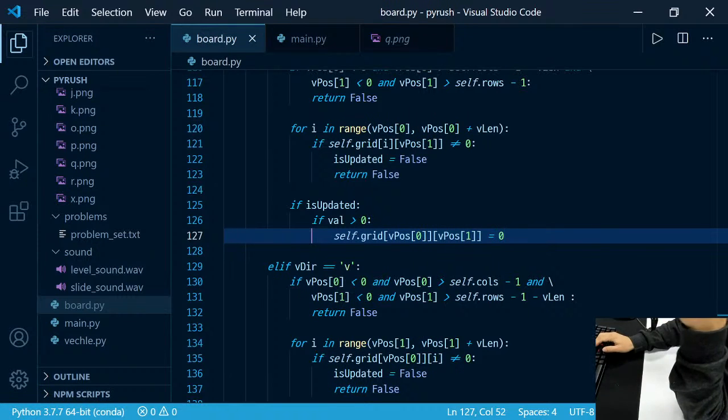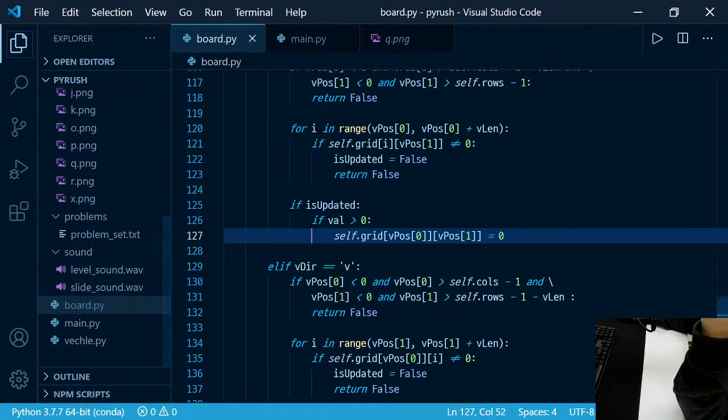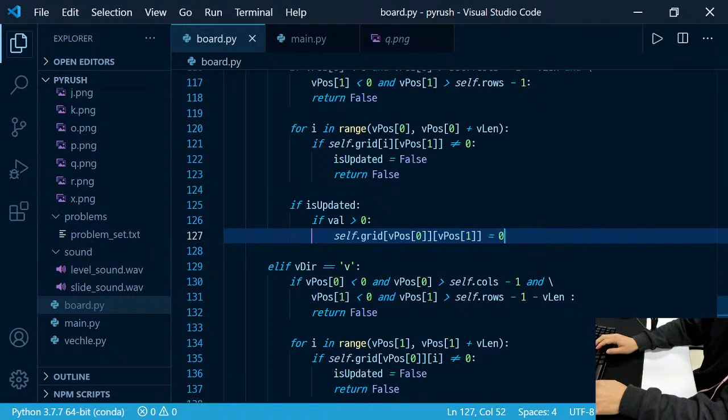So this is current position, right? So current position is deleted, and then